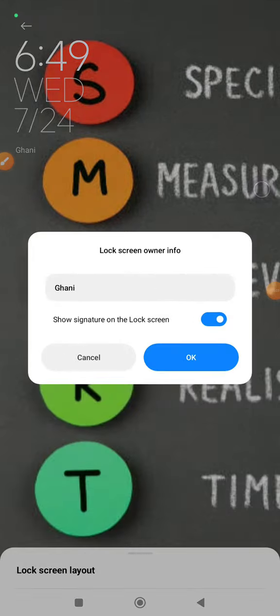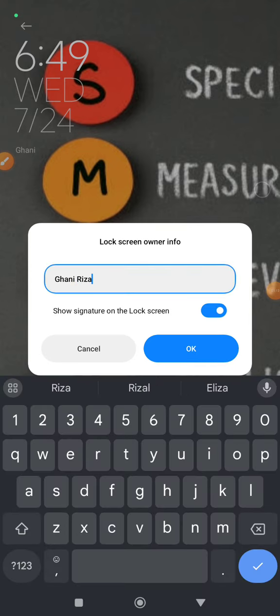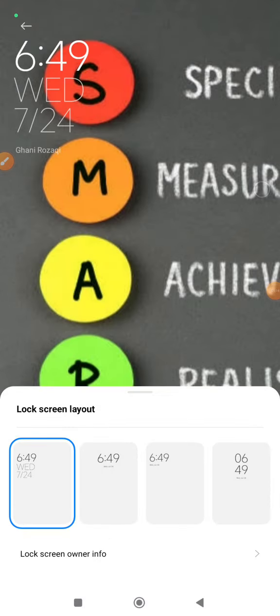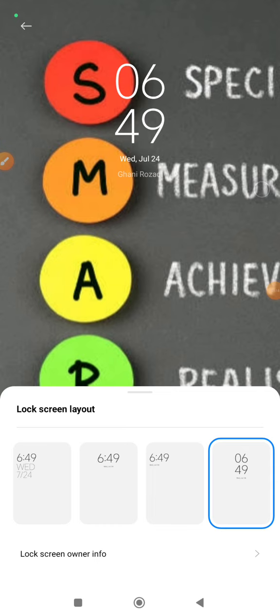But the thing is, the name on the lock screen is really small. But I think it's enough